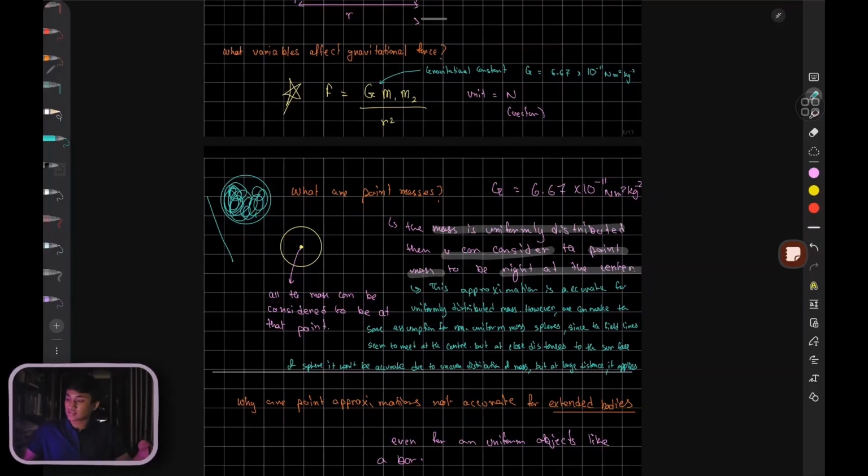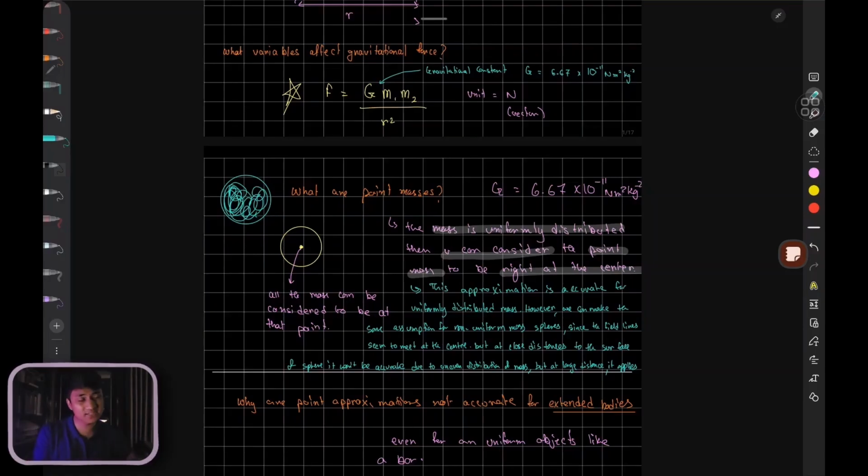So at large distances, even with non-uniform mass spheres or planets, you can still do the point mass approximation, since at large distance the influence of non-uniform mass distribution is not going to affect the calculation. However, the moment you are close to the planet or close to the non-uniform mass sphere, it is going to hinder your calculation, which is why